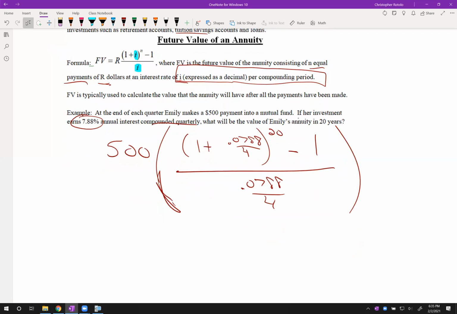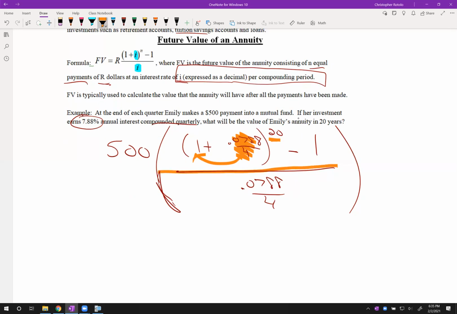That I is more than just that interest rate, right? That's why we're not using R for it, because I want you to know that this has an extra function going on in it. All right, so as far as your calculator goes, right, we're going to do this 0.0788 divided by 4, add on the 1, take that to the 20th power, and this can all be done in order if you do it this way, and then minus the 1, and